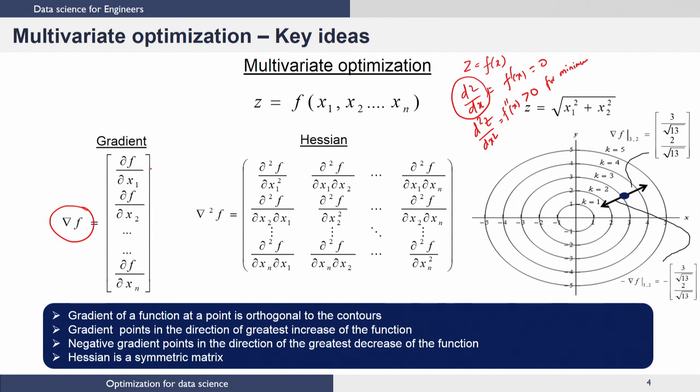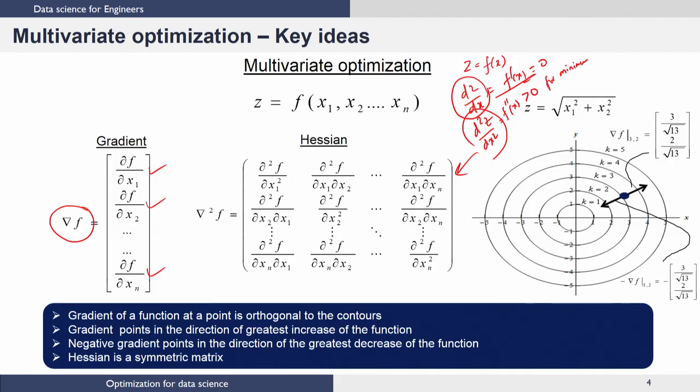So, for example, dou f dou x1 is the first component, dou f dou x2 is the second component, and dou f dou xn is the last component. This replaces the derivative in the single variable case, and the second derivative is replaced by what we call a Hessian